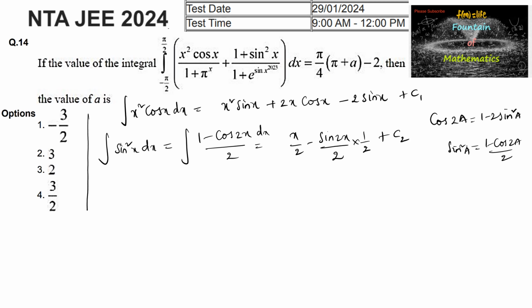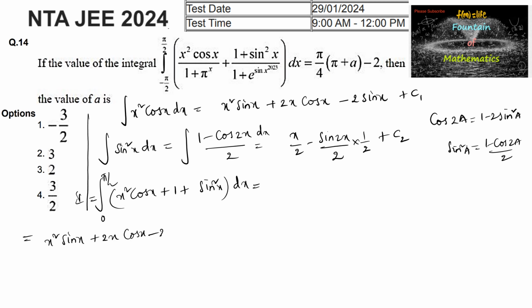And now therefore we can find the limit. Integral from 0 to pi by 2, that is I, is equal to the integral from 0 to pi by 2 of x square cos x plus 1 plus sin square x dx, which is equal to x square sin x plus 2x cos x minus 2 sin x over the limits 0 to pi by 2, and again plus integration of 1, which is x, over the limits 0 to pi by 2,